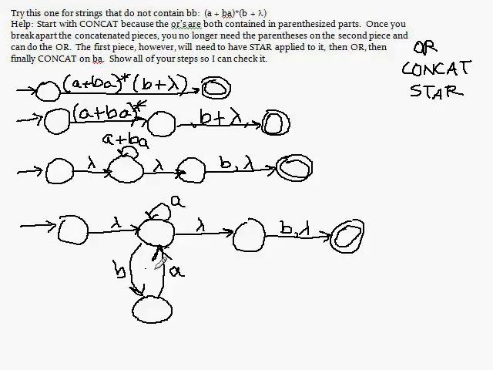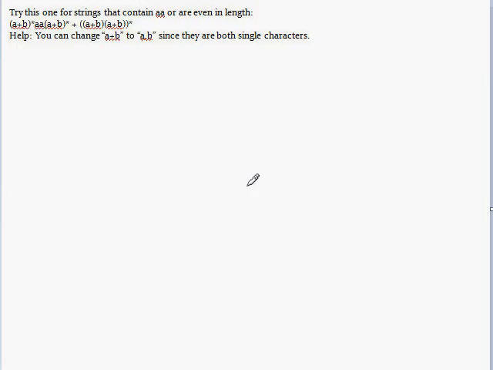Now let's do another one. Alright, this is a regular expression that looks kind of interesting. We have two things being ORed together here. We have (A or B) star followed by AA followed by (A or B) star. So that's a substring, any string that contains AA. But that's unioned with, using this OR,